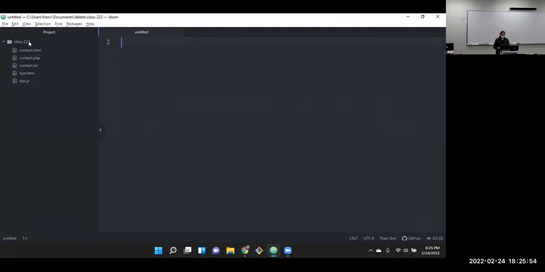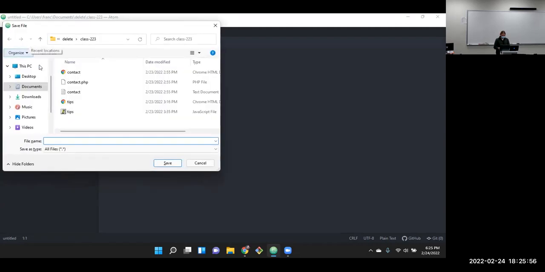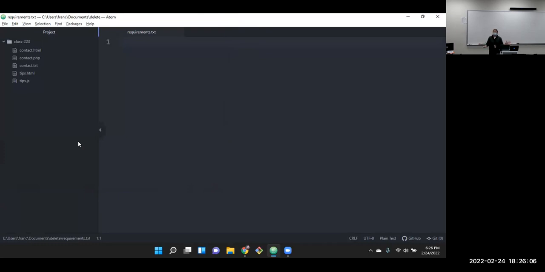So create a text file, go to save it, and in the folder, I'll save this with the name requirements.txt. And that's it. That'll be it for this part of the manifest.